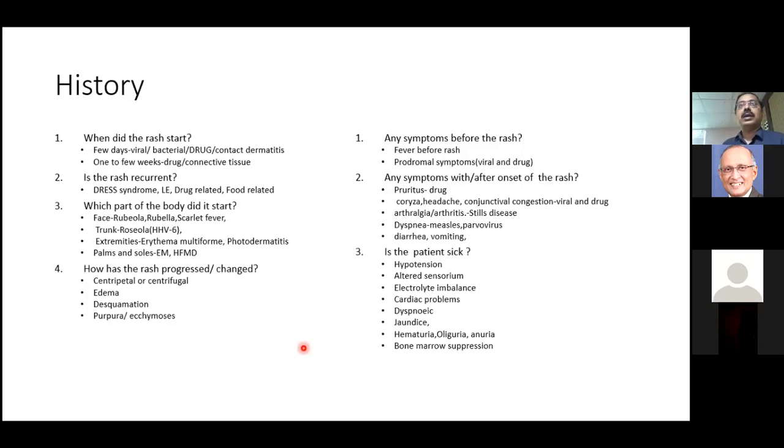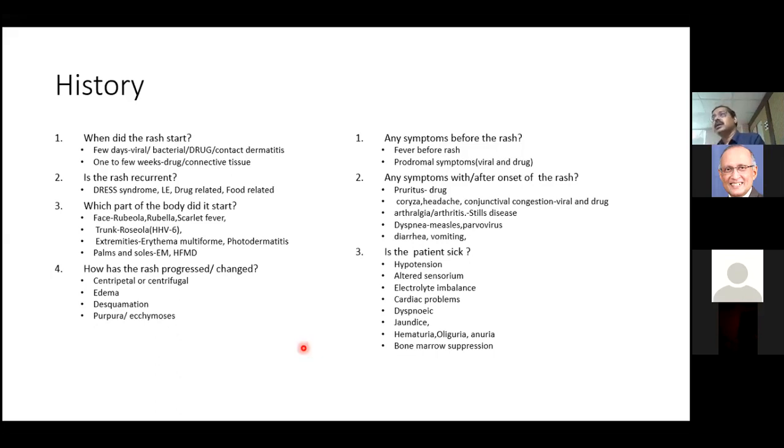Erythema multiforme will be predominantly seen in the extremities, with less rash on the trunk. Or for that matter, photodermatitis. Naturally, photodermatitis should be seen in the photoexposed areas, the V of the neck or the extensor aspect of the extremities. Then if you have palms and soles involvement, it is more likely to be drug related. One of the few viral infections which actually produce palms and soles involvement is hand, foot, mouth disease. But erythema multiforme, on the other hand, produces palms and soles involvement. Right? So you would think more in terms of a drug rash.